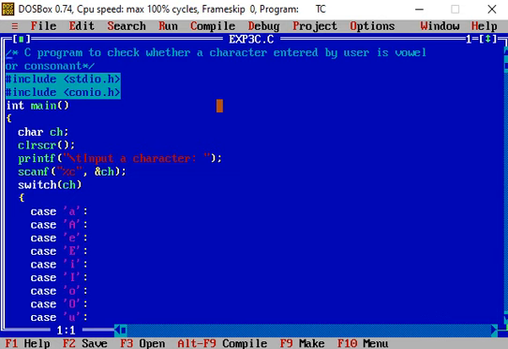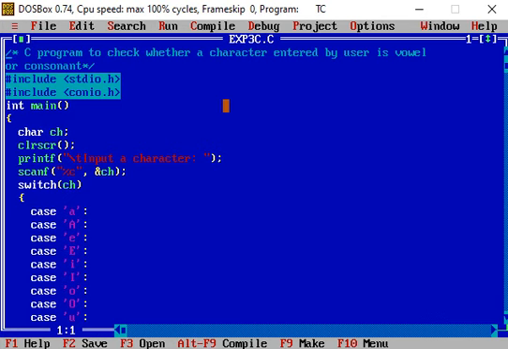These header files are required as we are using functions in our program that are present in these files. So for the working of those functions used in the program, these files are included. Then int main, open and close parenthesis, is the name of the function.